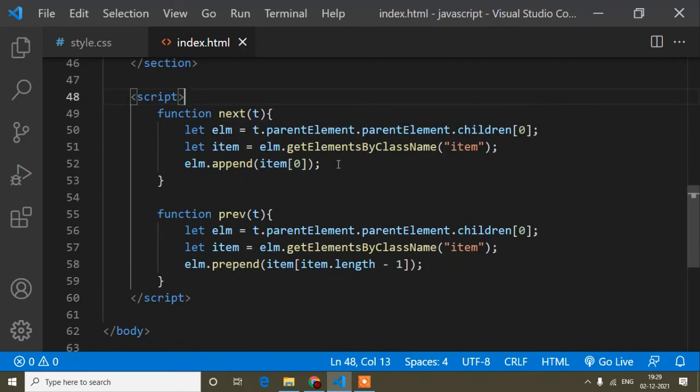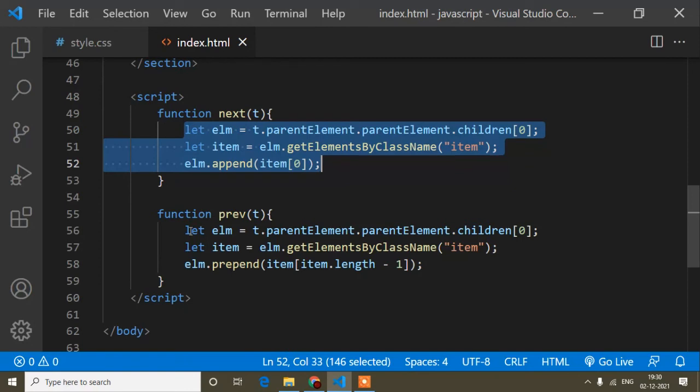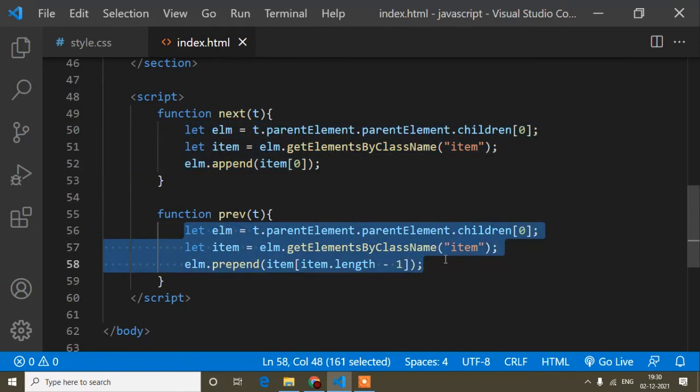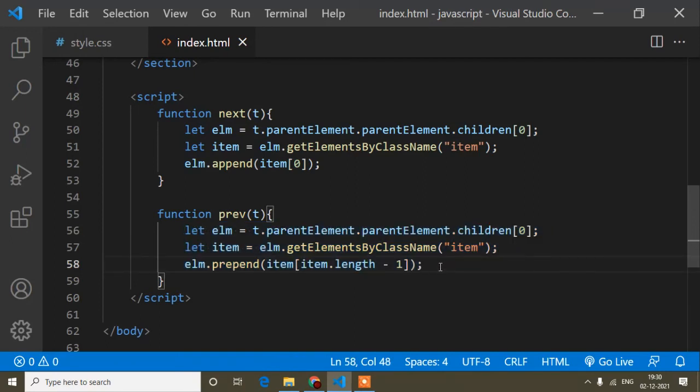Now you can see it's very simple code, and if you are thinking it's not an important thing, guys, you can use this code in your Angular project, your React project, anywhere, because I am not using jQuery or anything. Here it is raw JavaScript code, so you can use the same code in Angular or any kind of project. Because guys, if you work on different projects, sometimes the client's requirement may be that you cannot use any library, right? So at that time this will be helpful for you.